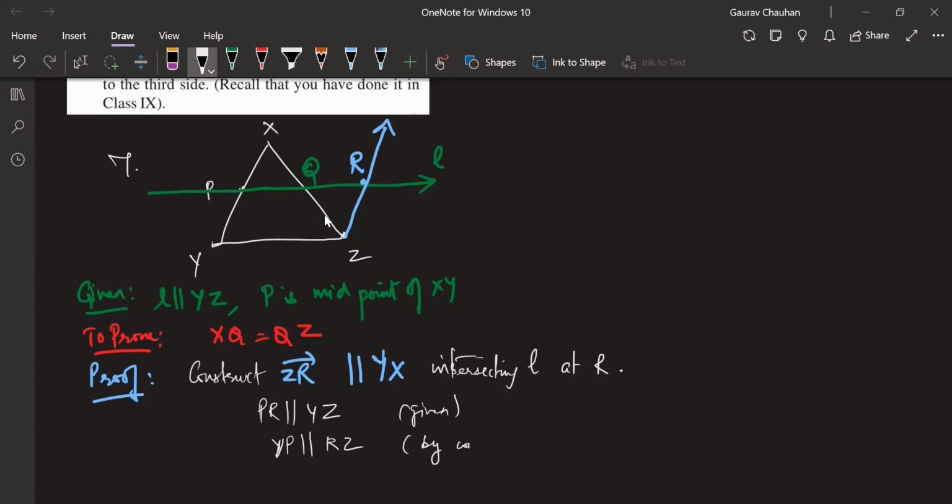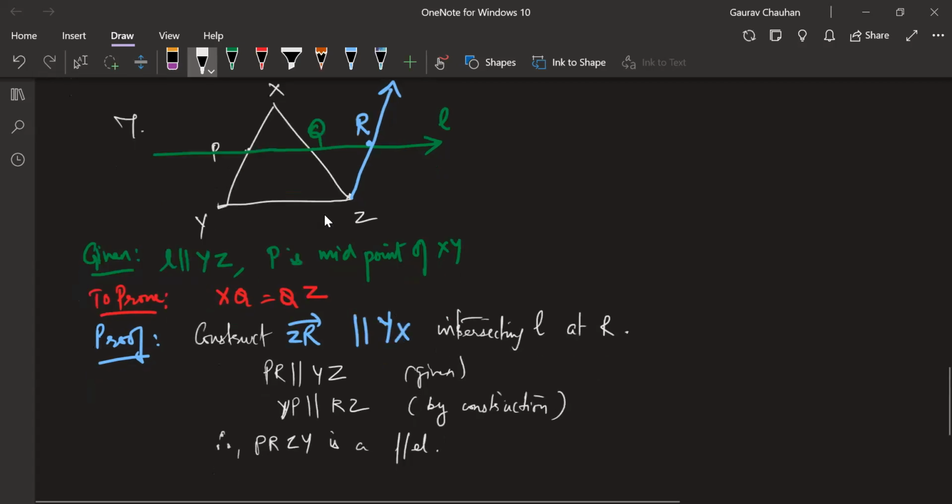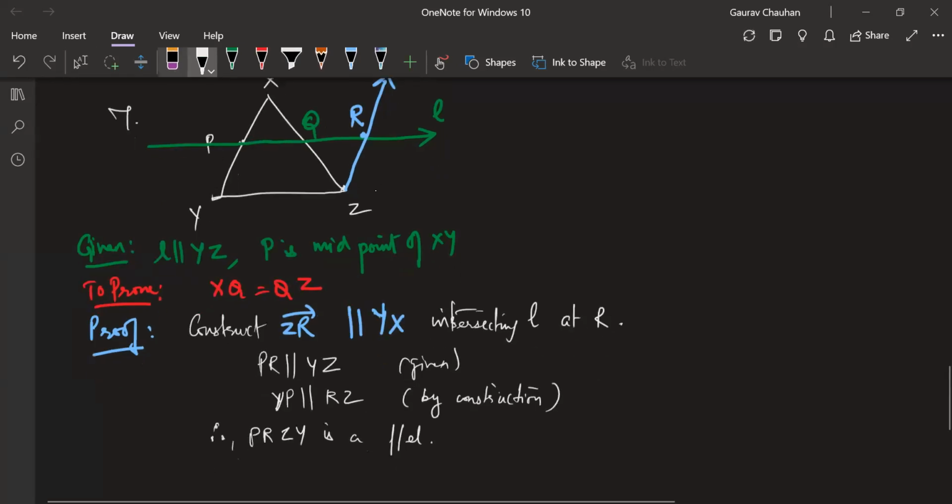Okay. So if we take quadrilateral PRZY, sir, we can say since opposite sides of the quadrilateral are parallel to each other, it is a parallelogram, sir. Yeah, this is a parallelogram. So next we can say that